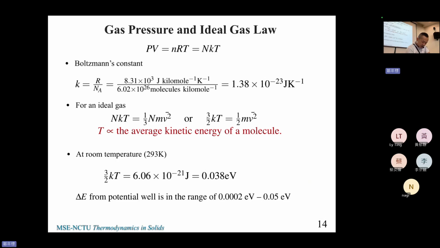So what does that mean? It actually means that previously we drew that figure, right? Vx and R, and we have the curve like this, right? And actually this height typically is the kinetic energy the molecule has, right? So the delta E of the potential well is commonly within this value.